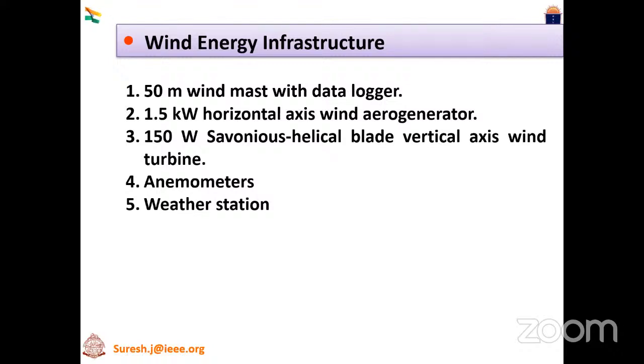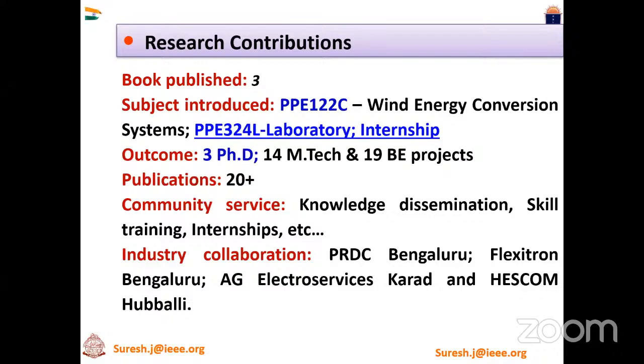Remember, I mentioned five things. When we do research, we have to get grants. We have to create infrastructure. That is the second point. Now the third one is books. Three books are already there, but the material is there. These books are e-books, not the books which we see. Then I mentioned we have to introduce a subject. This is a very important aspect of our